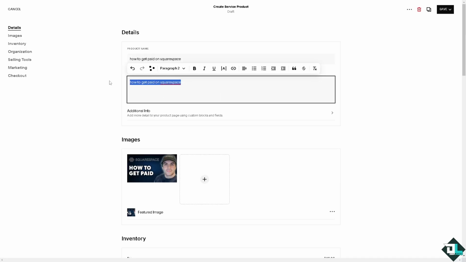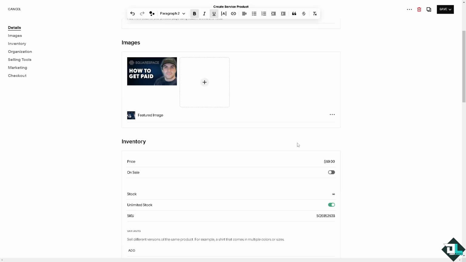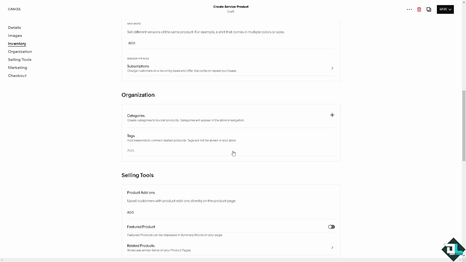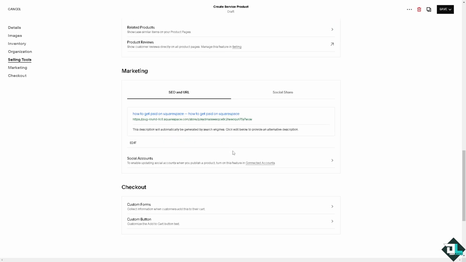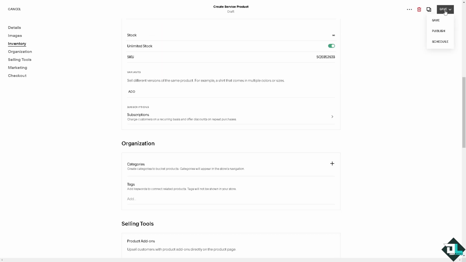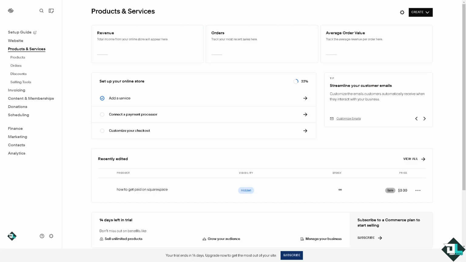Description. You can put in the on sale if you wanted. Organization. SEO and URL. Make sure that's that. You can also add custom forms if you want. And once you're happy with that, all you have to do is click on save. You have now created your first